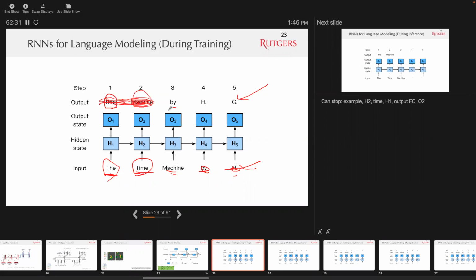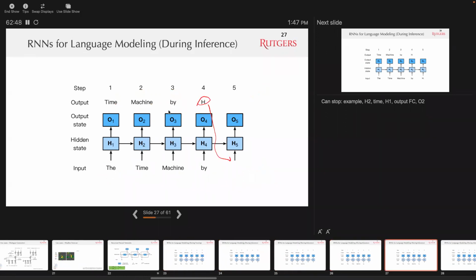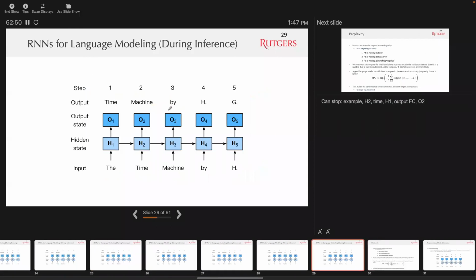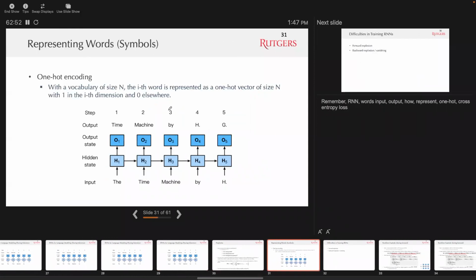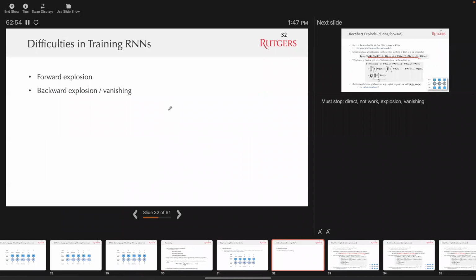Cool. Good questions. Any more questions? Okay, so this is RNN for language modeling during inference, and let's see, what time do we have? Okay,